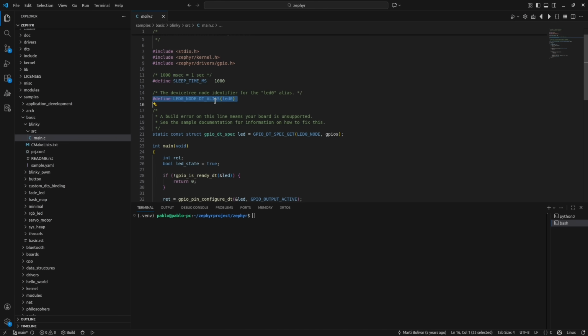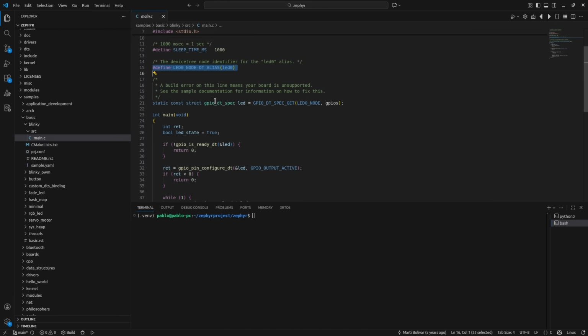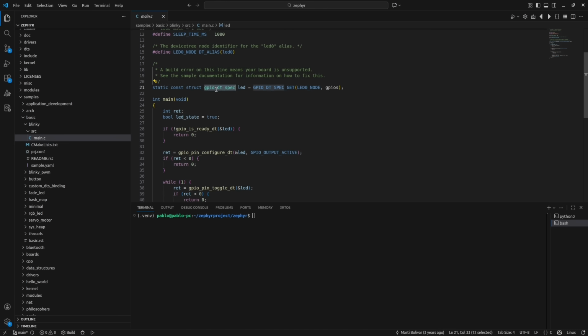In this line, we get the LED defined in the device tree, so the code can be portable between boards. In line 21, we are creating a structure that contains port, pin, and flags for the LED.